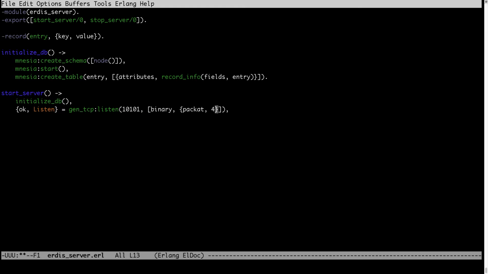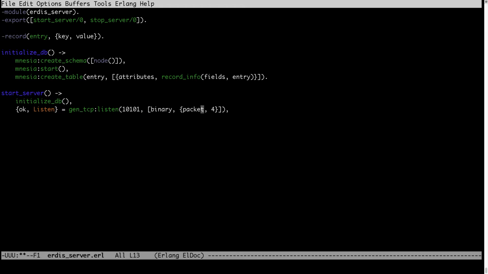In this mode, Erlang will first read 4 bytes to check the length of data which is sent, and it will create the buffer of this length. Then it will wait for all the underlying packets, because you can imagine that if I'm sending a long message from the client to the server, in TCP it won't arrive as a single message. It will be chunked. Now, for convenience, this is one of the very cool things in Erlang, that I can just specify packet 4,